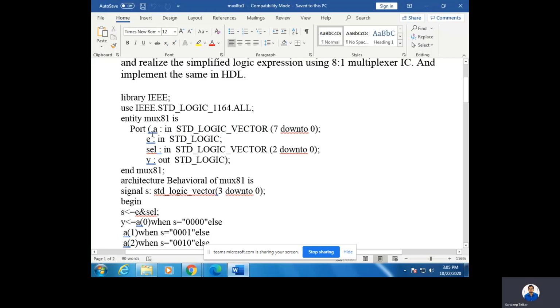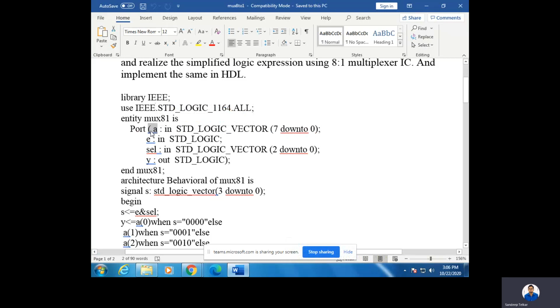The first three variables or ports I will be making as input. That is why I indicated A colon in std_logic_vector, right? Suppose for this particular A variable you have to give more than one value, assume you want to give 0 1 0 1 0 1 0 1. If more than one value has to be given during the execution, you need to declare that type as std_logic_vector. In brackets you need to specify how many bits you need to give.